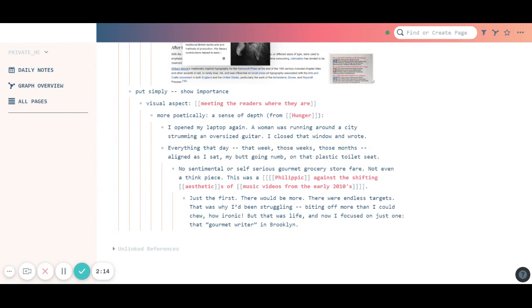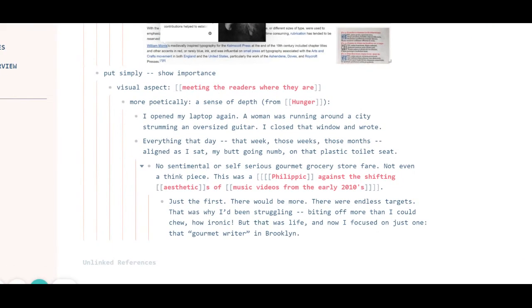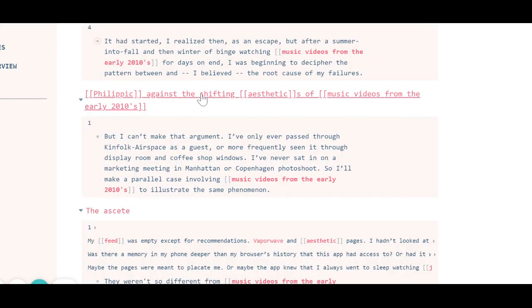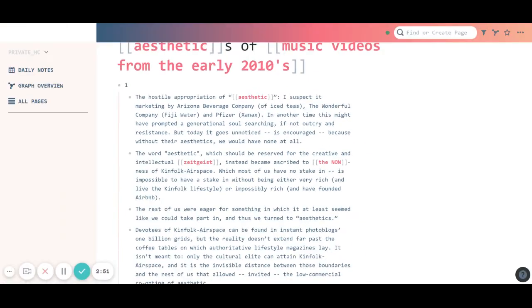Here he's struggling to write something, and finally he's sitting in the bathroom, and he has a spark of inspiration, and this appears. And I'll talk more later about terms and what goes into those, but this is three terms: Philippic, aesthetics, music videos from the early 2010s, that all group together in this rubricated phrase that the reader can then click on, and it brings him to this